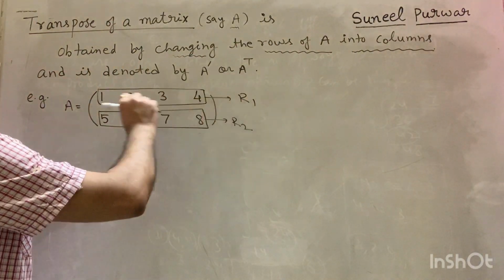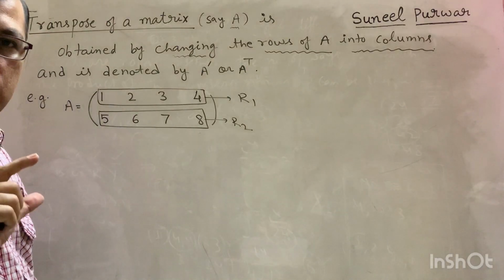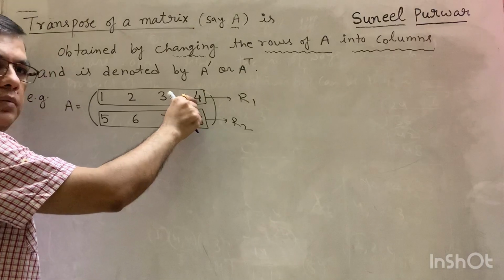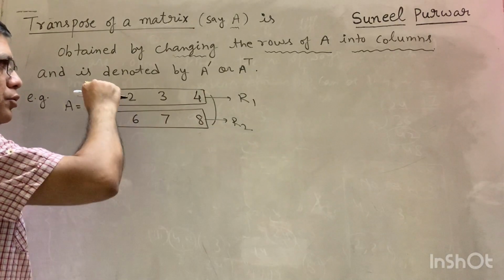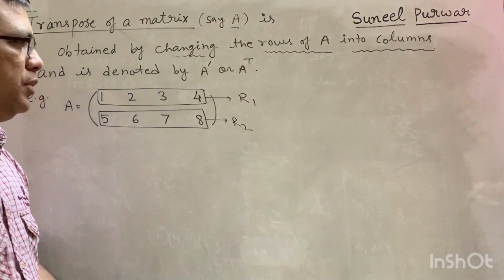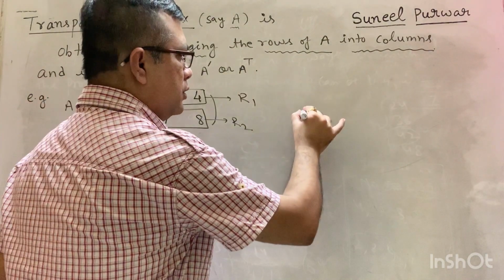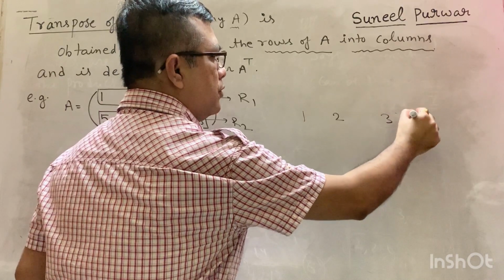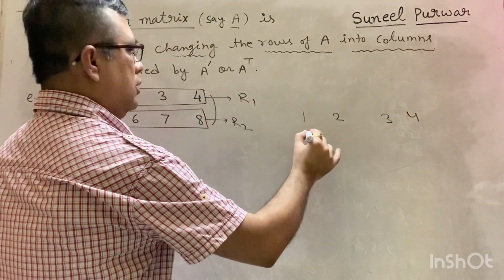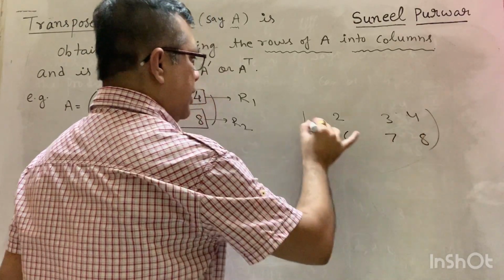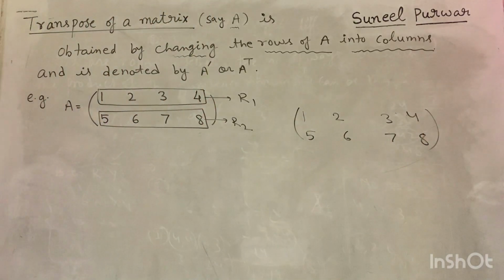So this is the first row. First, in your mind, you identify what the row is. So this is the first row of matrix A. Convert it into a column, and then it looks like this. Row means it will look horizontally, column means it will look vertically. So 1 2 3 4, this is a row. 5 6 7 8, the same matrix A has written.